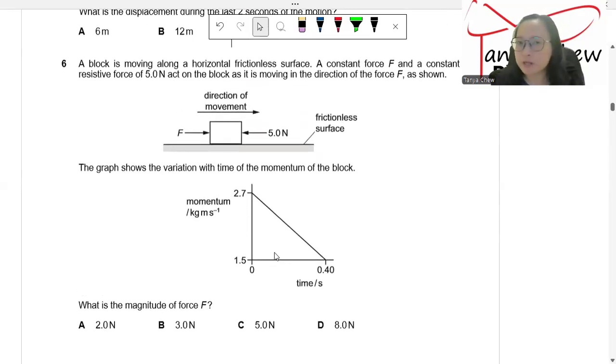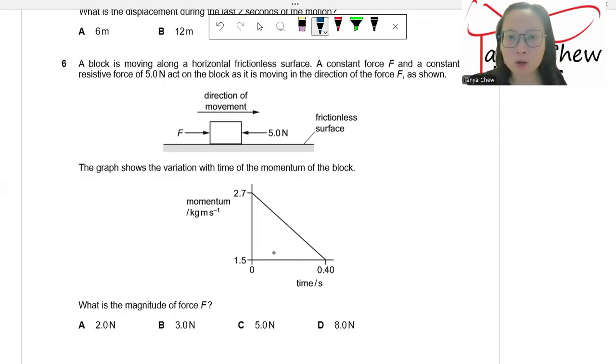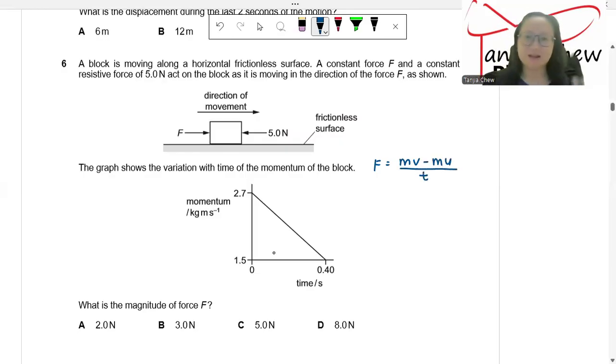Now, when a graph is being given, you are supposed to use the graph to find that F first. Because based on Newton's second law, force is equal to the rate of change of momentum. So it also means that this is the final momentum minus initial momentum per time taken,